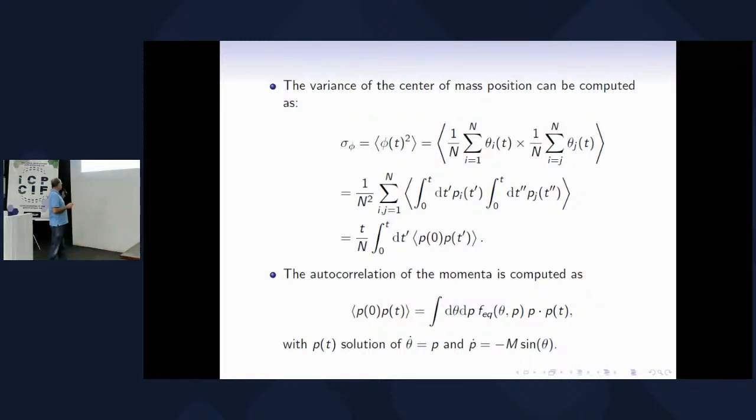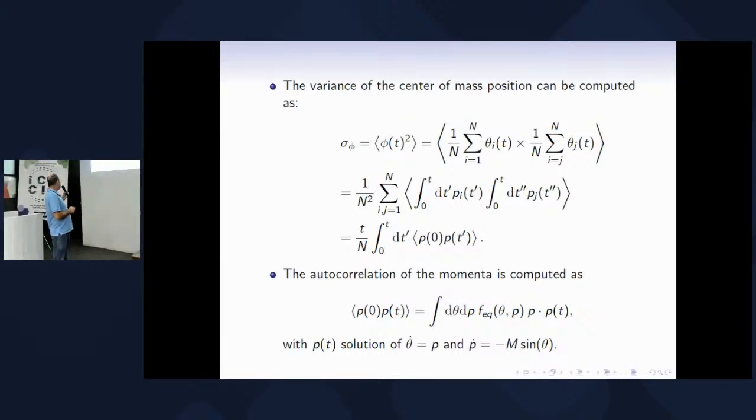So how does the variance of the center of mass of this random process evolve in time? If I do this computation, essentially the variance is the position of the center of mass squared, and I take an ensemble average using the probabilities of the system. We have this expression here,